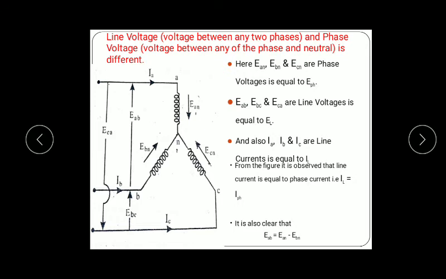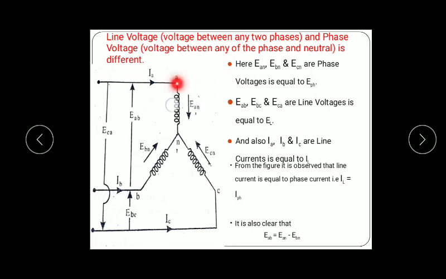Whereas the phase voltage is the voltage between the phase and the neutral. So for single phase voltage, what we utilize in our house, we get a voltage of 230 from a transformer which is located near our residential areas. So we get single phase from the transformer. From single phase we are going to get 1 phase and 1 neutral which will be supplied to our house. So phase voltage is the voltage between 1 phase and 1 neutral.